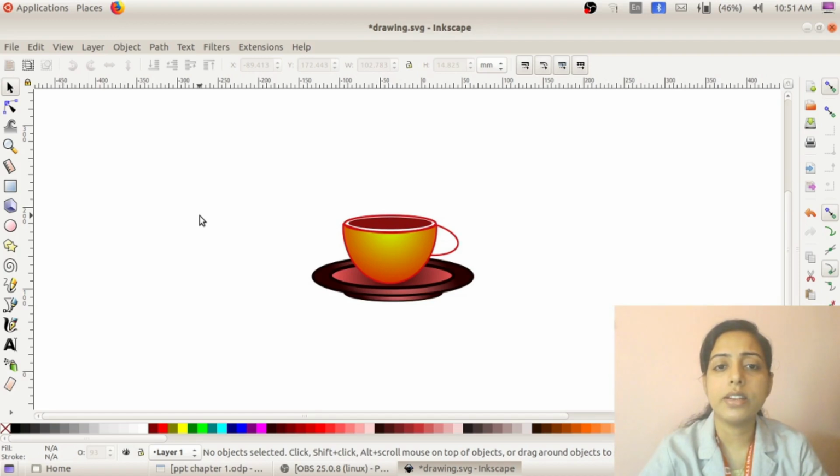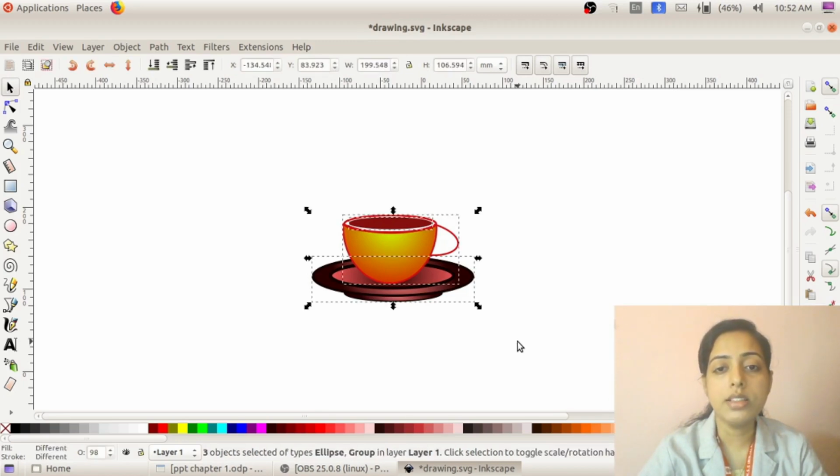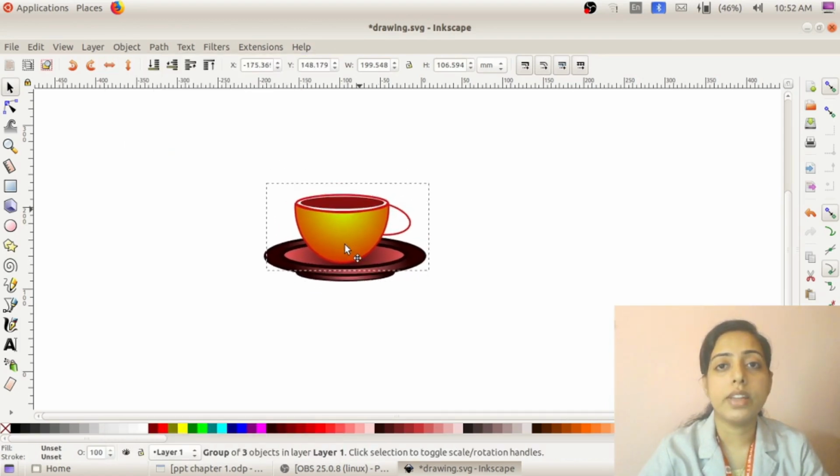What is the next activity? The next activity is grouping this cup and saucer. How can we group two or more images? Click on the selection tool. Simply select this picture, and the picture must be included in one selection. So like this, click and drag, and then go to object, group option, so that we can make this image